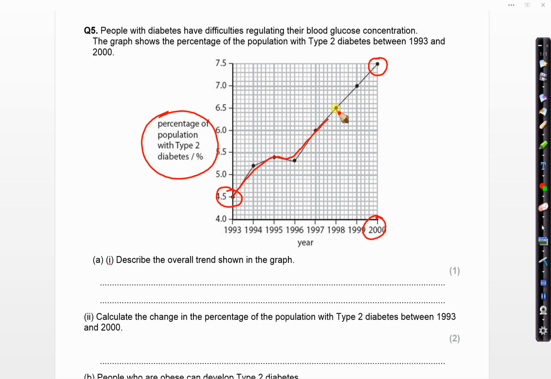We can see that basically we've had an increase here. So this would be a positive correlation, which helps us to answer the first question. Describe the overall trend shown in the graph for 1 mark. So what we'd have there is positive correlation, or you might prefer to say from 1993 to 2000,